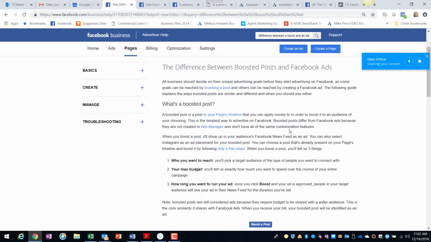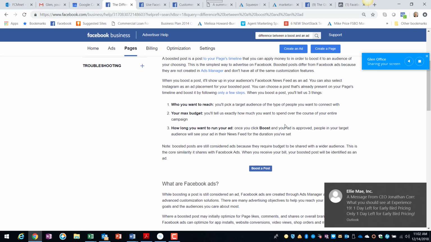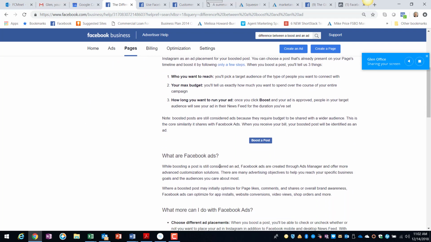features. So if I wanted to upload a custom audience, I probably would not be able to do it with a boost. You're going to want to use your custom audiences as you go around the four corners with your ads and remarket. So again, what are Facebook ads? While boosting a post is still considered an ad, Facebook ads are created through the Ads Manager and offer more advanced customization solutions. There are many advertising objectives to help you reach your specific business goals and your audience that